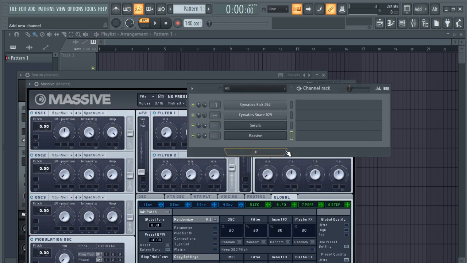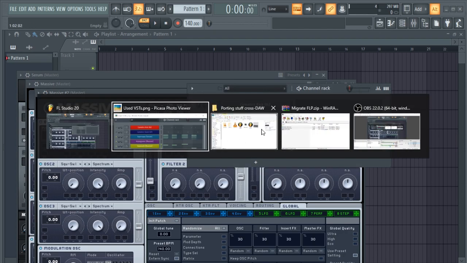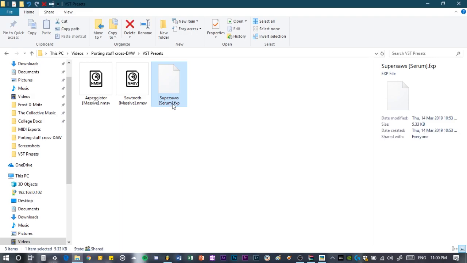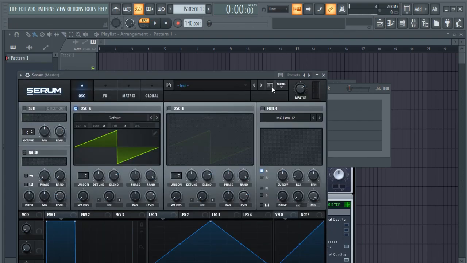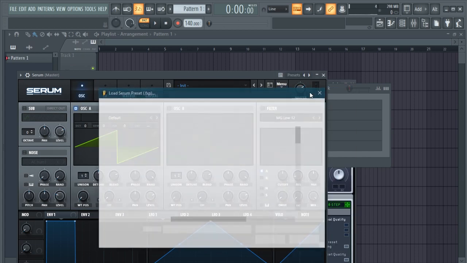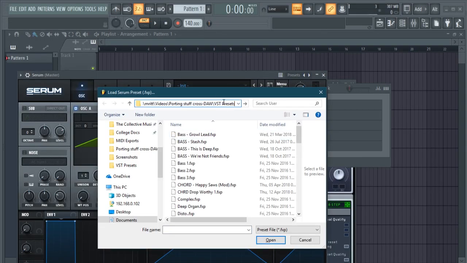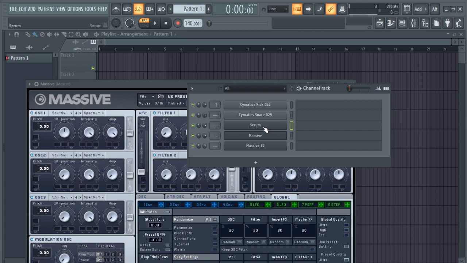Sometimes I do get lost in my own computer. Okay, once I've done that, I'll open the VST presets folder and then load this in my Serum. This helps to notice that this is for Serum and these two are for Massive. I'll open Serum, go to menu, load preset. We'll navigate to this folder and select it here. It is loaded. We'll just rename it as supersaws